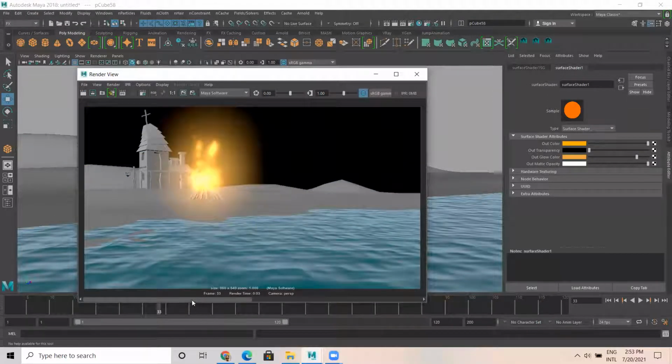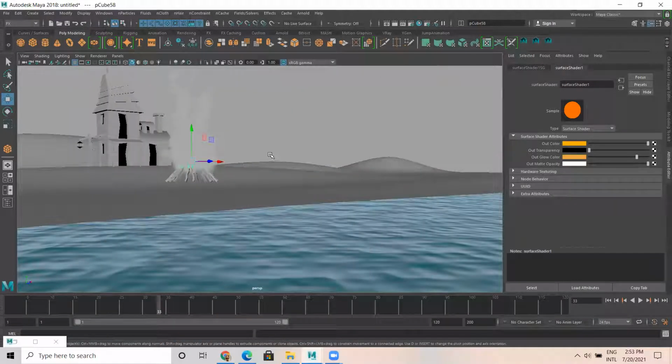Now it's on glow even more. Okay, see the glow spread is increased. Okay, the intensity has been increased. So you can play it like this. Okay, that's surface shader. Okay, so this is fire.